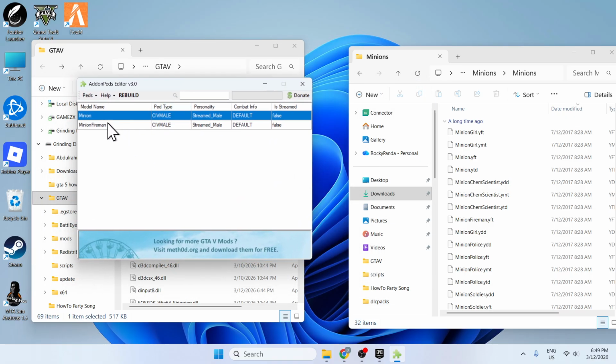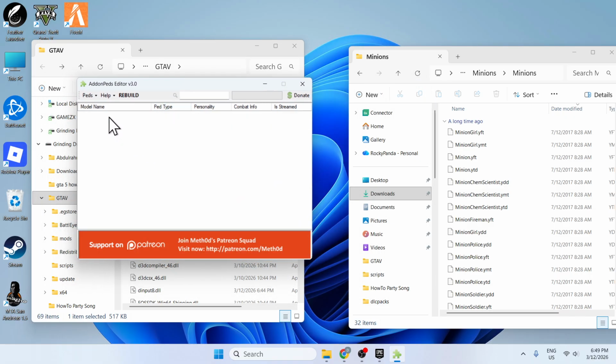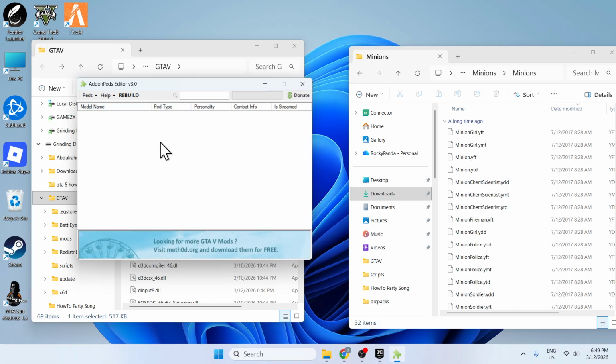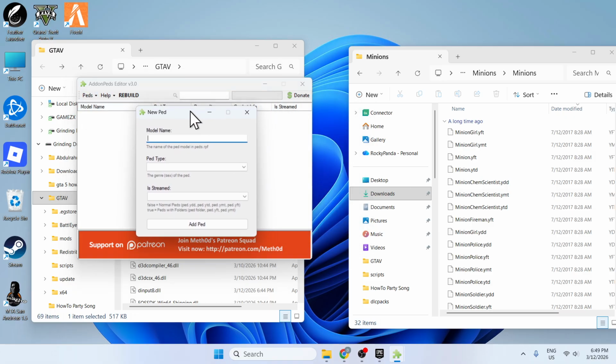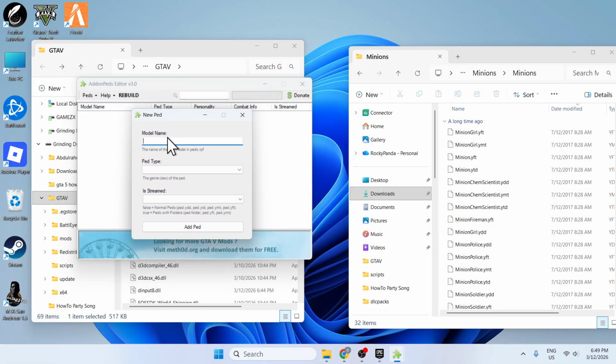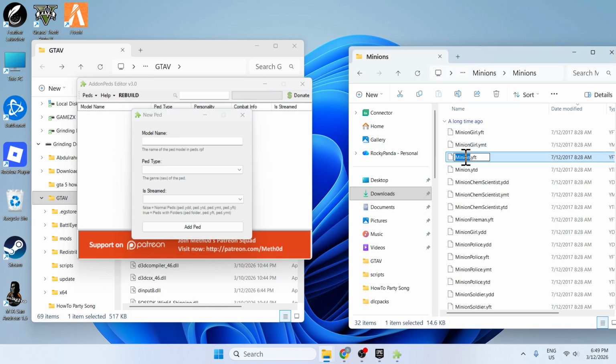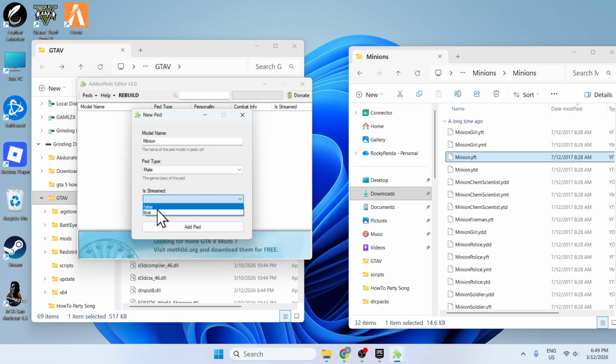And here you should normally not see this because I already have the mod. You should either see empty or just see pre-installed skins. So you should click on peds and new ped. Here you're gonna put the name of the skin. So we have chosen minion, so we're gonna copy minion and place it here and choose male and false, and